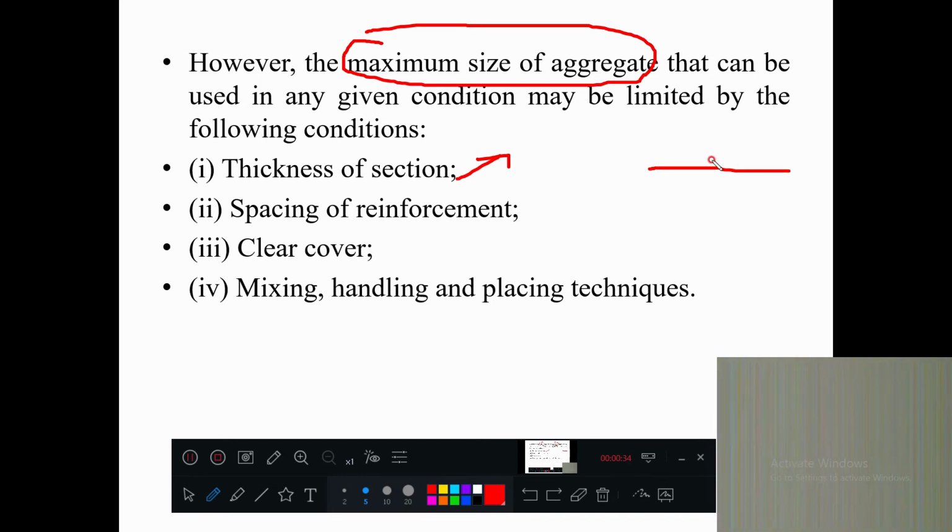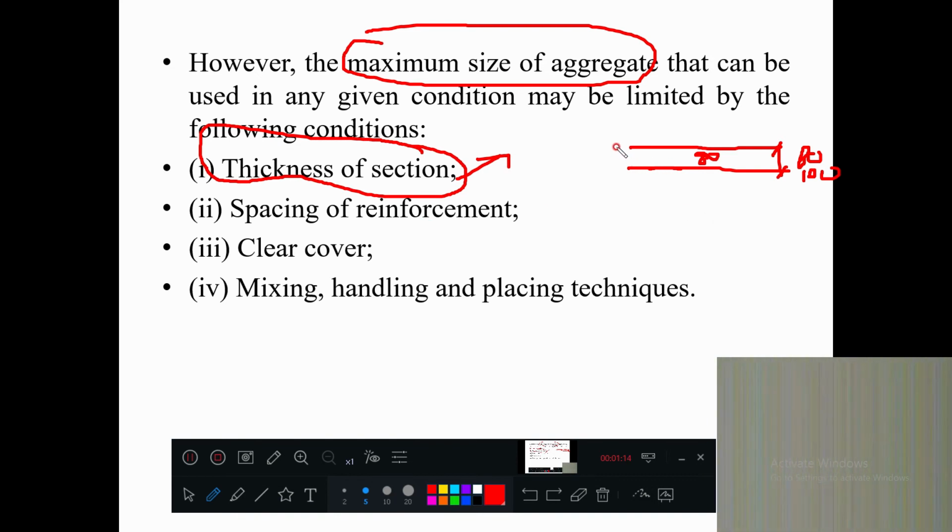If you are constructing a beam, which is a horizontal member taking the load, I hope you have understood. You have completed your first year elements of civil engineering, where the chapter on beams and columns was there. Now, if the beam size is, let us say, 80 mm or 100 mm, a very small beam over the bathroom or WC, the beam depth is itself 100 mm. You cannot use 80 to 100 mm aggregate. So that is the restriction to use the aggregate.